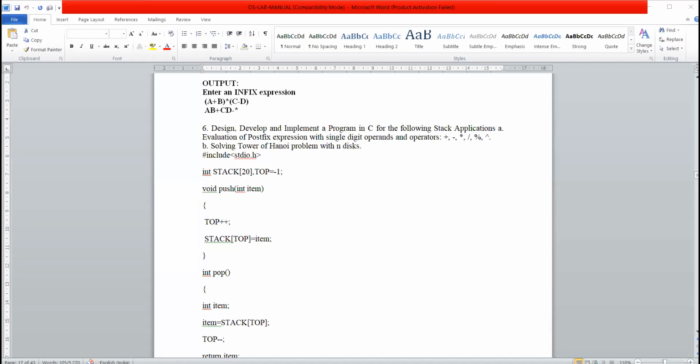Likewise, whatever the operation is, perform it and push the result back into the stack. If it is not an operator, it enters the default case where you push the symbol. Meaning if it is an operand, we directly push it into the stack. And at the end, whatever is left in your stack is the final answer or result.